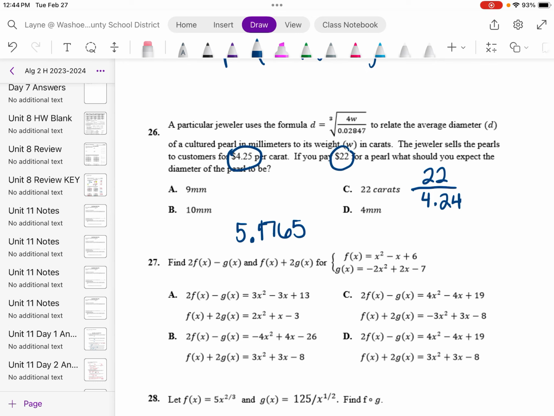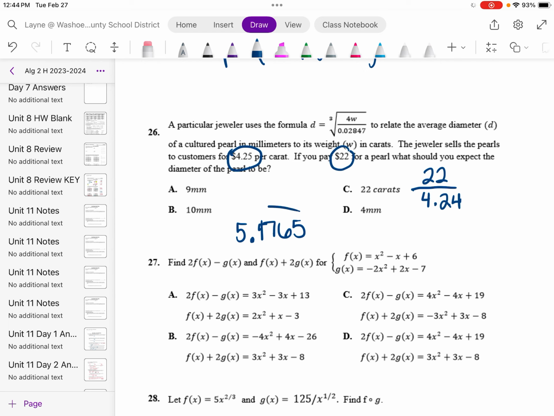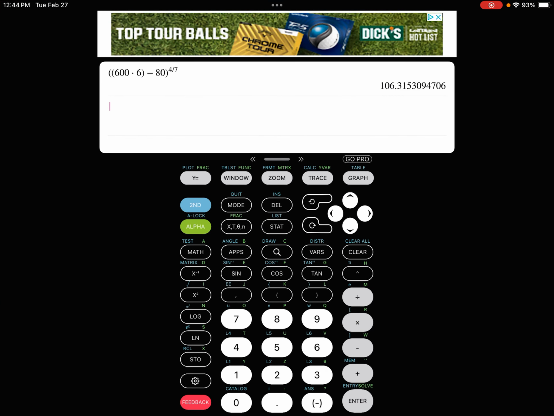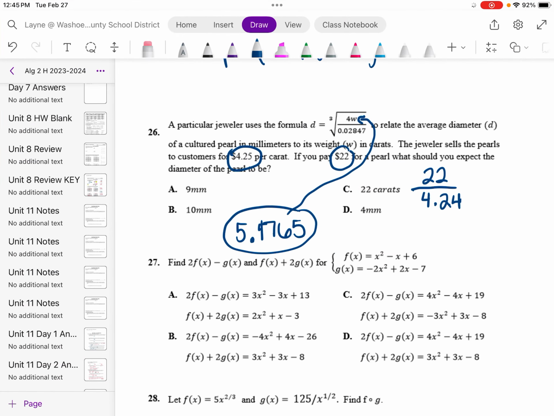Now I'm just going to plug that into my equation. What I'm going to do is plug that in for the W in the equation. So it's going to be 4 times the 5.1765 divided by that decimal and then cube rooted. So let's do that in the calculator. Cube root is not on the home screen, so we have to go to math, down to cube root. And then I'm going to put a fraction in there. And then it's supposed to be 4 times